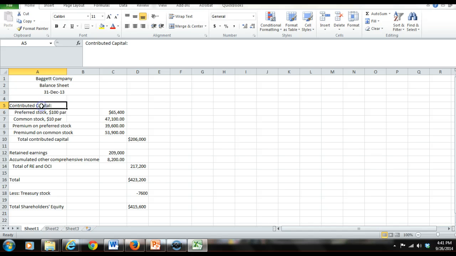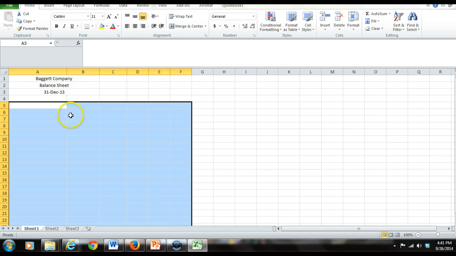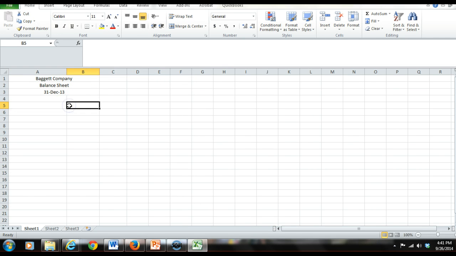And then from there, we're going to start with our asset section. Our asset section will be labeled initially assets, and then we will separate the various assets we have, starting with the most liquid current. So we will start with our cash. We will go to the accounts receivable,